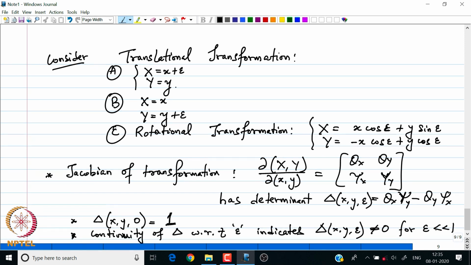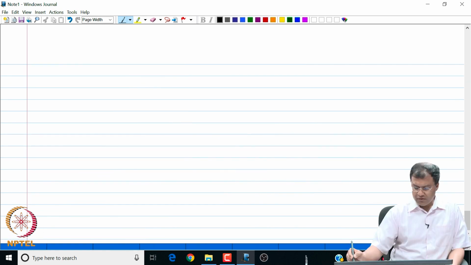Okay. So, we call this set of arguments A. I am going to refer to these arguments by A later on when we use them in certain problems. So, A means that our transformations are uniquely determined in the neighborhood of epsilon equal to 0. They are invertible because the determinant of the Jacobian is non-zero, which means that we can readily find the inverse of the transformation.